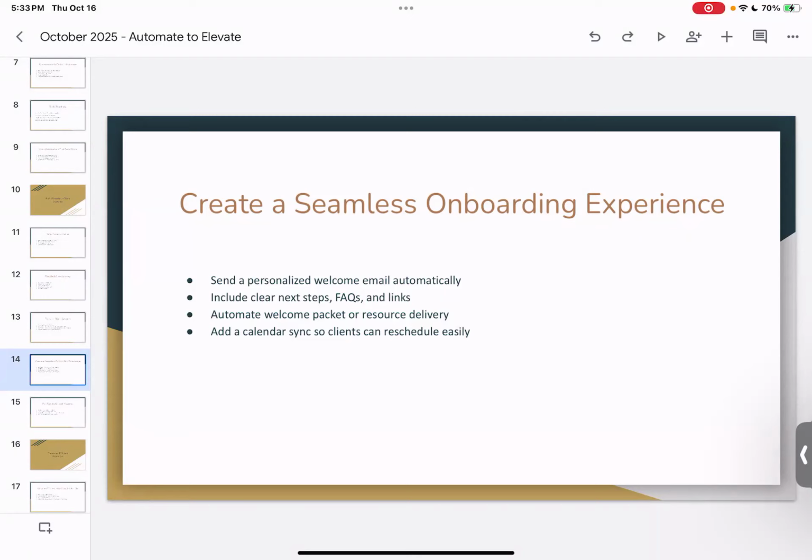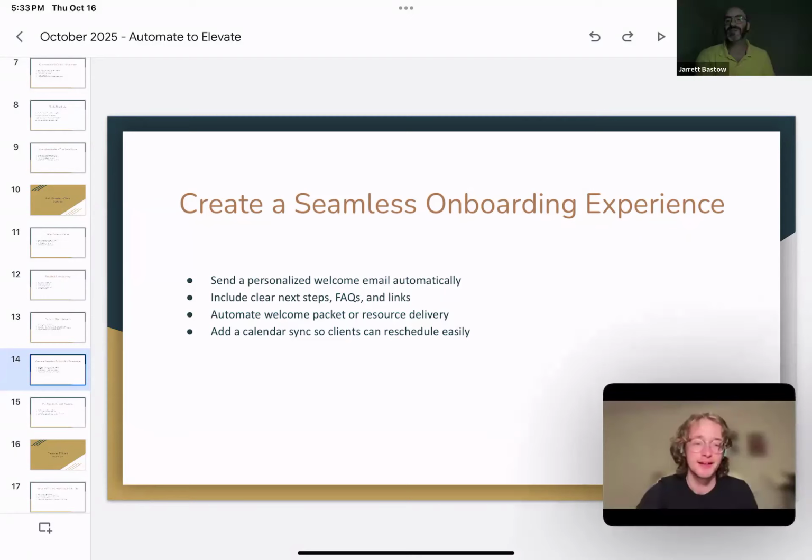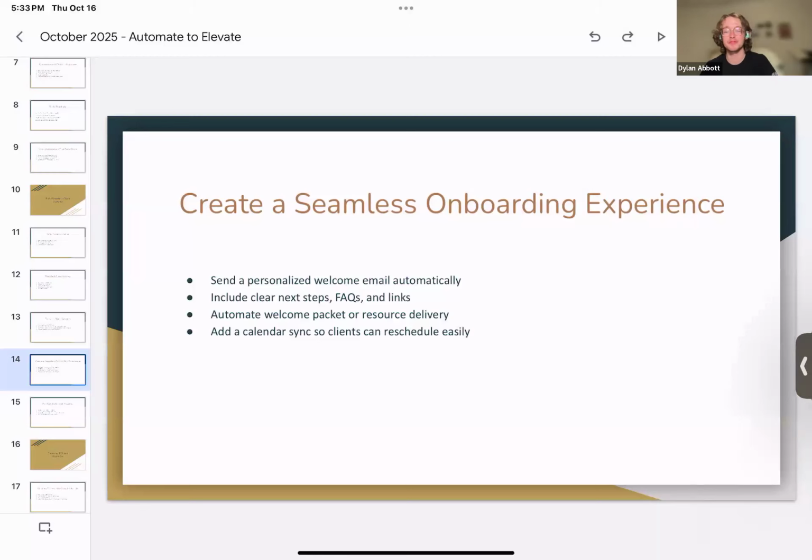Does that make sense, Dylan? I know you're probably cooking, so I apologize. Oh, you're back. No, no, I'm back. I just had to remove stuff from the oven and put stuff back in the oven, so it wasn't anything. You're fine. Does that make sense in terms of helping out your clients and or students for onboarding?